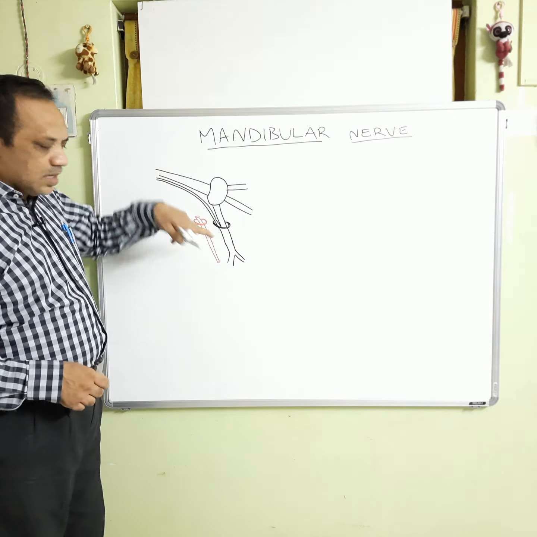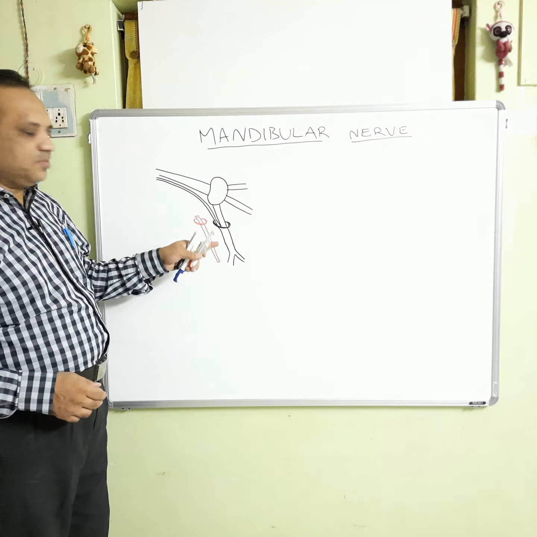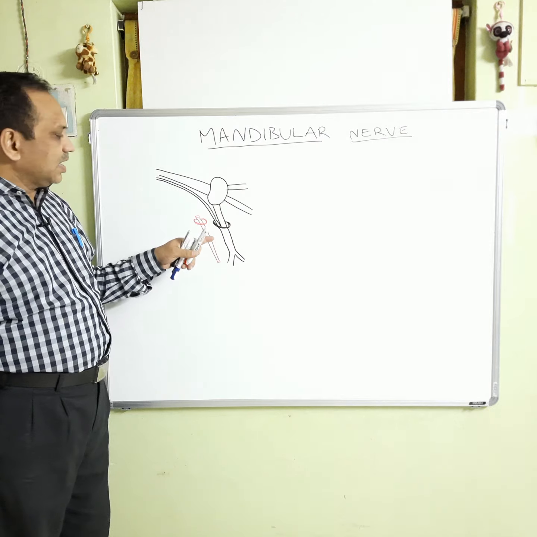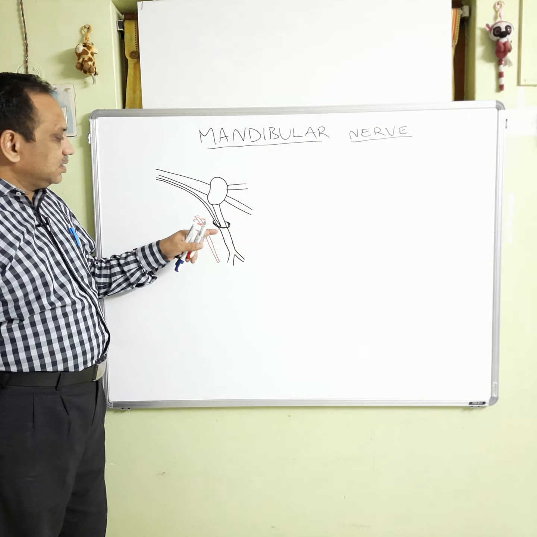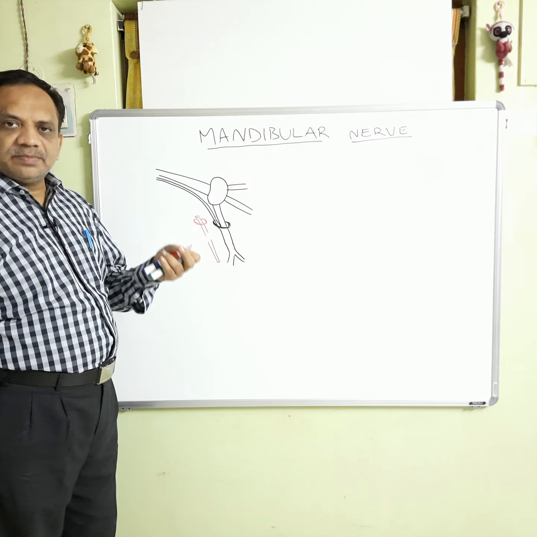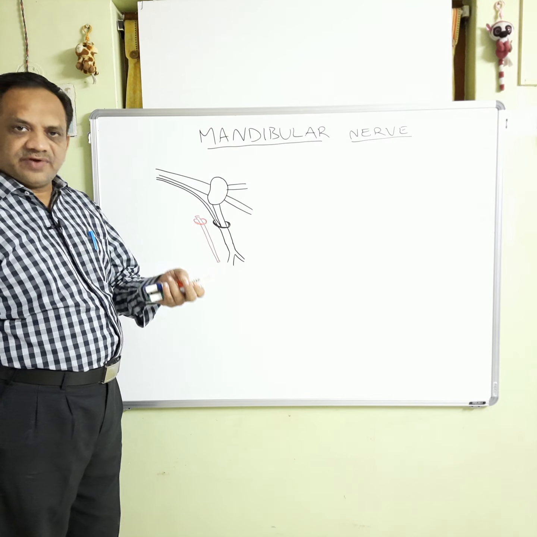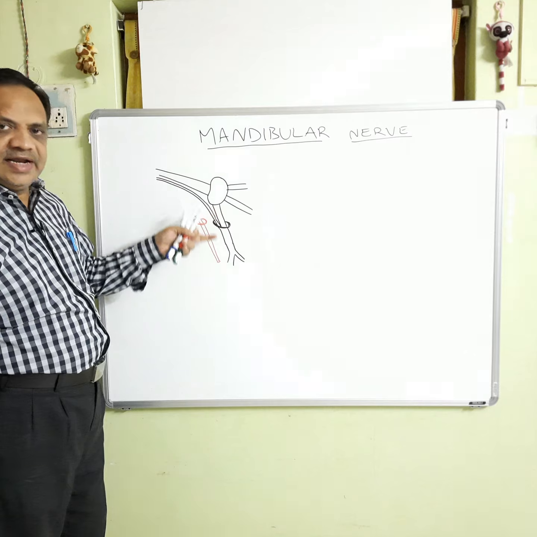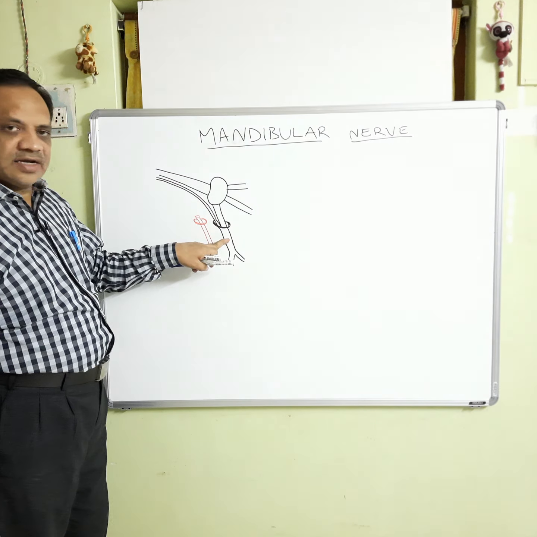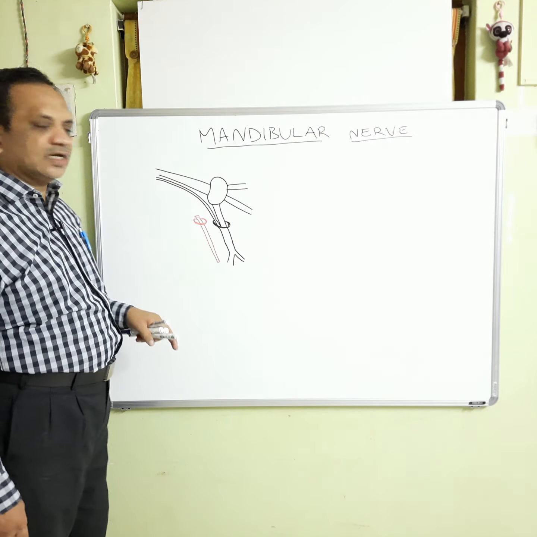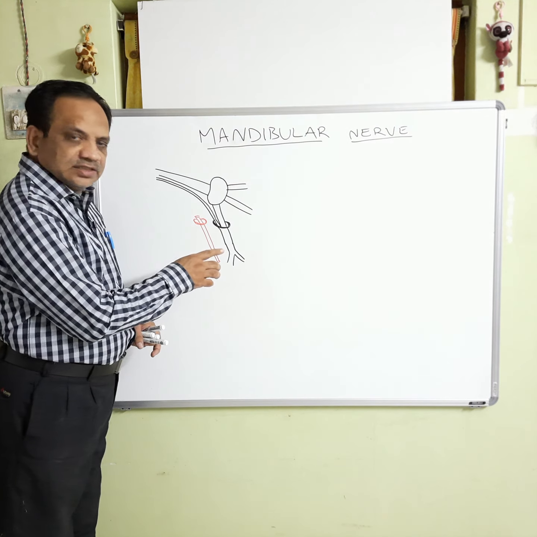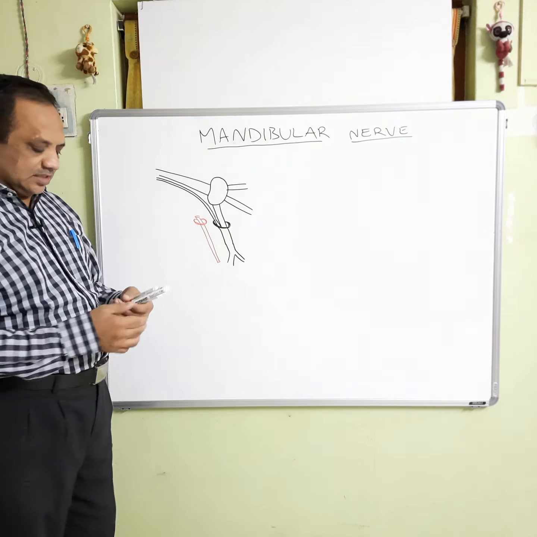On the other side, that is the medial side of the mandibular trunk, we have the tensor veli palatini, and there is a peripheral parasympathetic ganglion which is of 2.5 millimeter size. The otic ganglion is present immediately on the medial aspect of this mandibular trunk. We will see the medial aspect in another diagram. So now you can see the relations. Then we will see the branches.